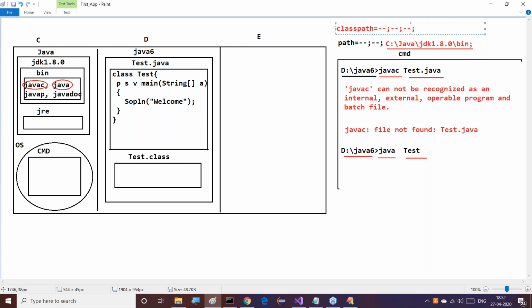Observe this clearly. When we provide java space Test on the command prompt, the operating system will take that java command and search for it in its internal commands list. If it is not available, then it will come to the locations referred by the path environment variable, where we already have C:/Java/JDK 1.8.0/bin. The operating system goes there, finds the java command available, and executes it.